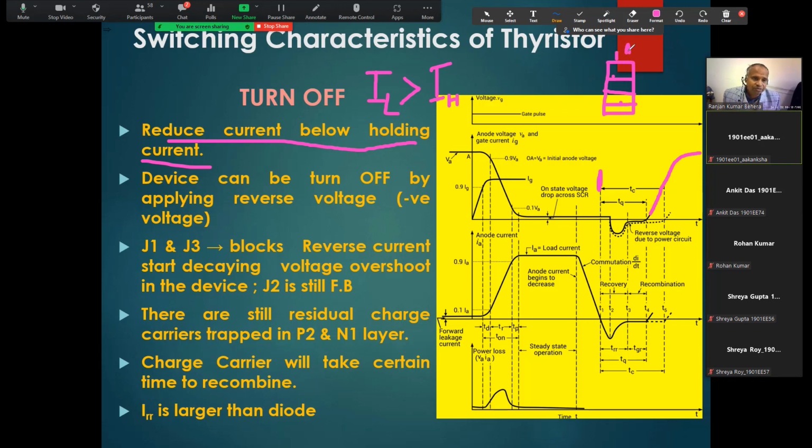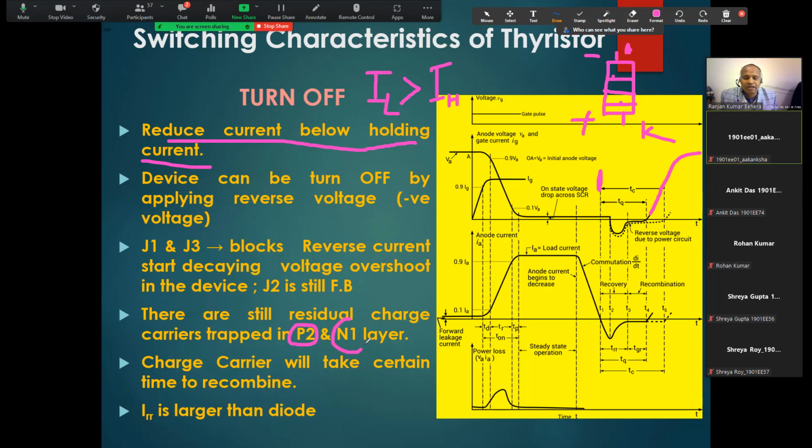This is your anode and this is your cathode. When you apply minus here and plus here, this applies the reverse voltage across this thyristor. That means when you apply reverse voltage, the J2 is still forward biased, and there is still residual charge in the P2